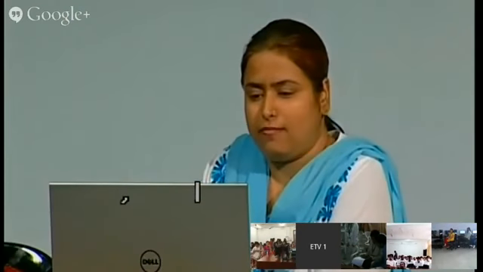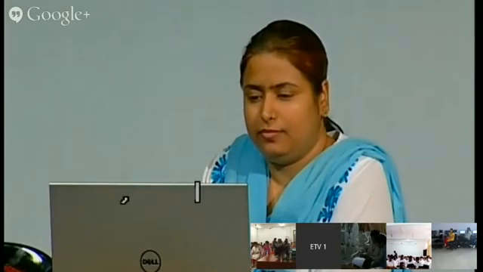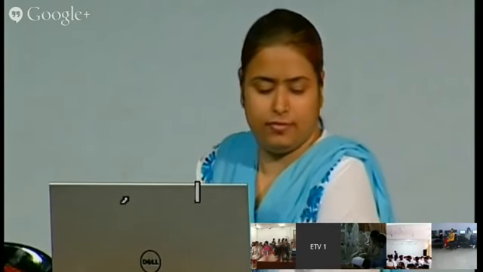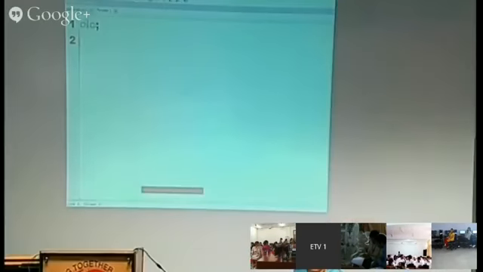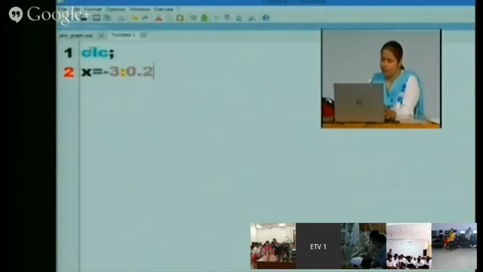3D plots. clc, x is equal to -3 to 0.2 to 3.